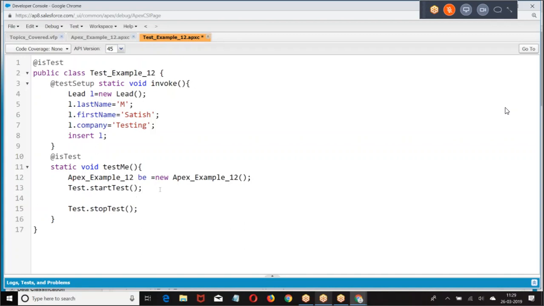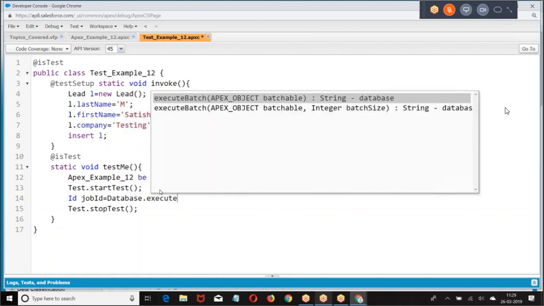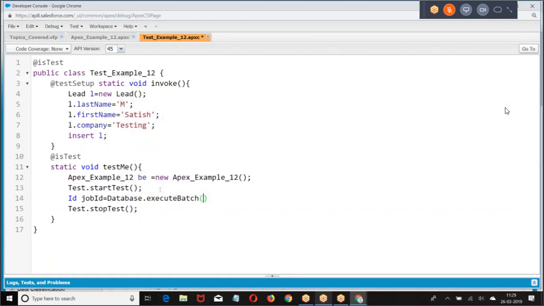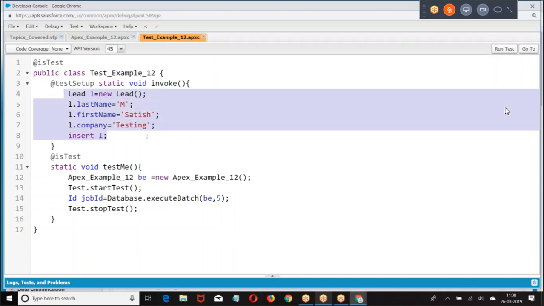Okay. Now look at the point. Database.executeBatch. This is how Database.executeBatch works. Now, in case of any governing limit issue, an extra set will automatically be given. If this batch fix is running properly, the records which are there in the database should be modified. Am I right? The batch is going to modify.